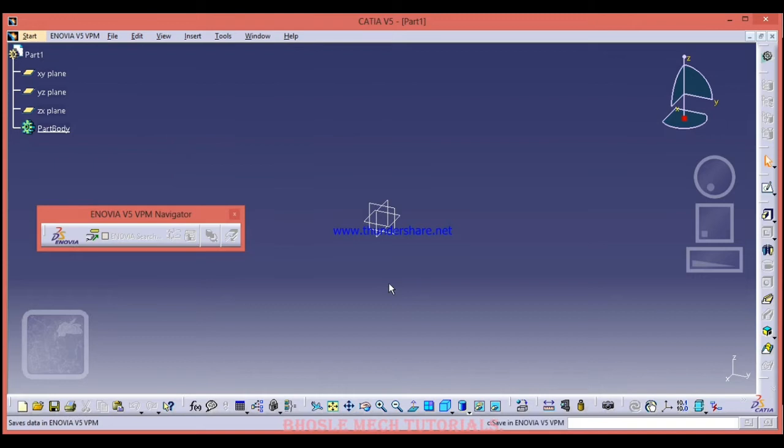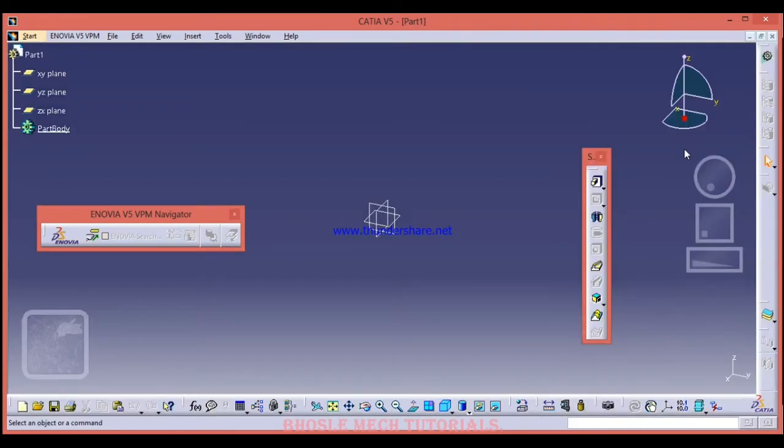Here I will show how to customize the commands. See friends, first of all I will show you one thing. See here, this is the sketcher tool. If I lose this tool, and there are many tools like this also, where should I get this tool?